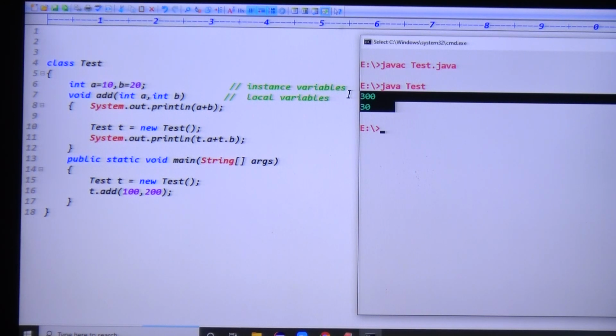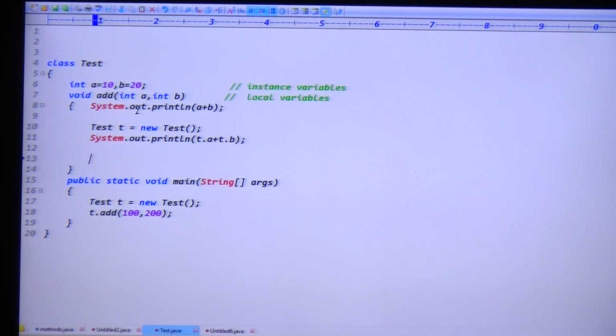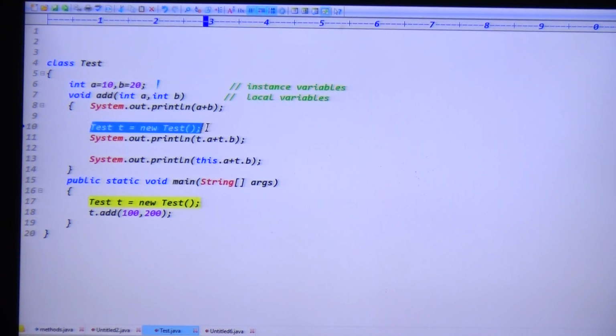Here is a small observation, guys. You can represent the instance variable using an object, no problem. But even instead of the object, you can use the this keyword also. This is an important point. Instead of creating an object, this is called the current class object, the Test class object.